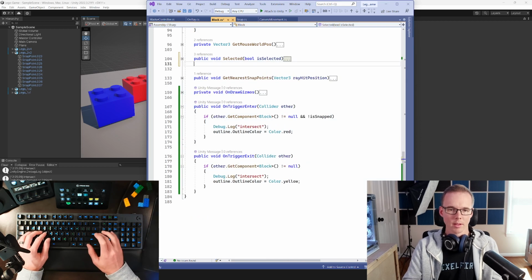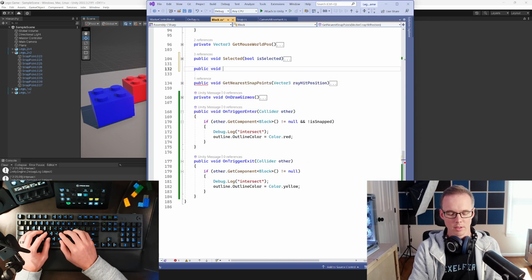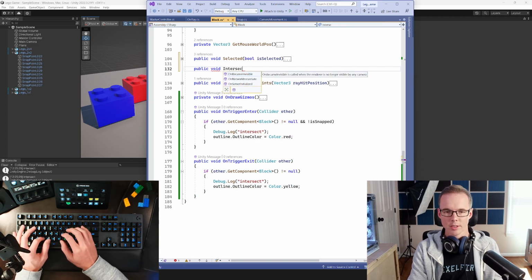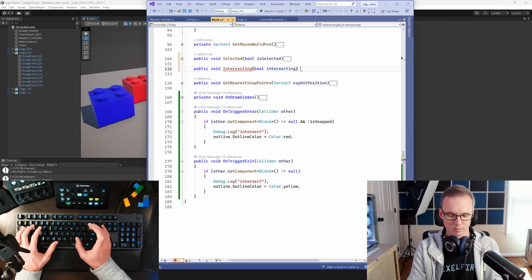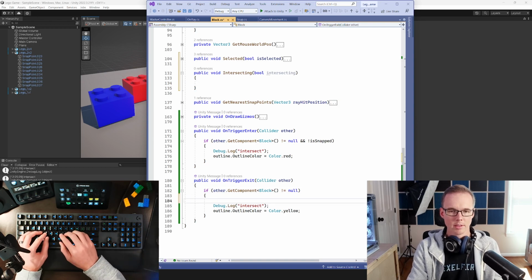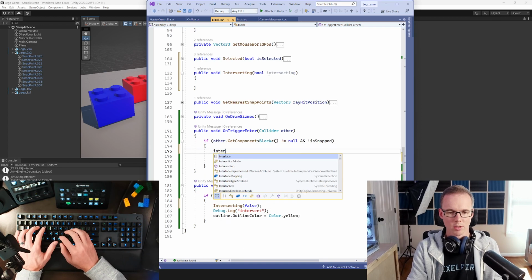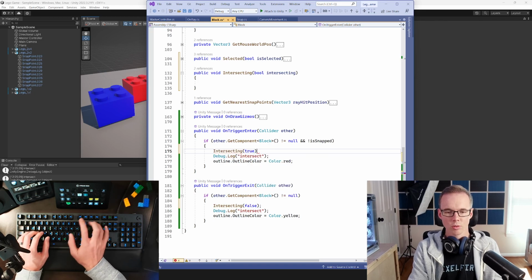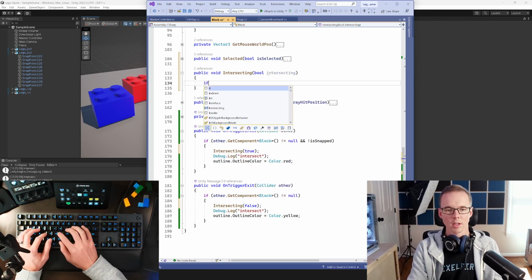I should have another method that is like public void intersecting. And then whenever the on trigger enter or on trigger exit happens, it triggers the intersecting method, and it'll say intersecting false, and this one would be intersecting true, and then in here, if